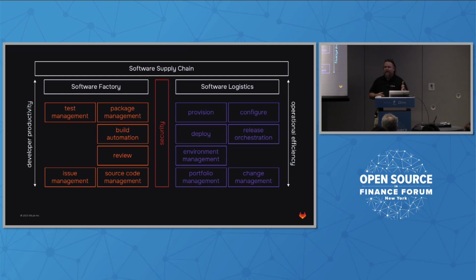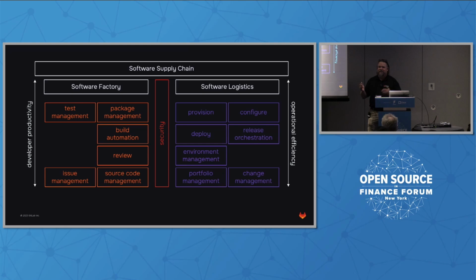Now, back in the late 90s, I cannot claim to own the term software factory. There was a guy named Jack Greenfield that I worked with at Rational Software. He was the first one to coin the term software factories. I hear this a lot in Europe when I talk to customers. A lot of them come from a manufacturing background, so factories really hit home with them. But the thing that I like to think I've termed is this thing called software logistics.